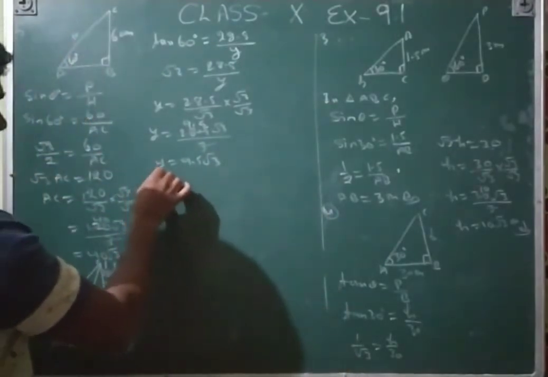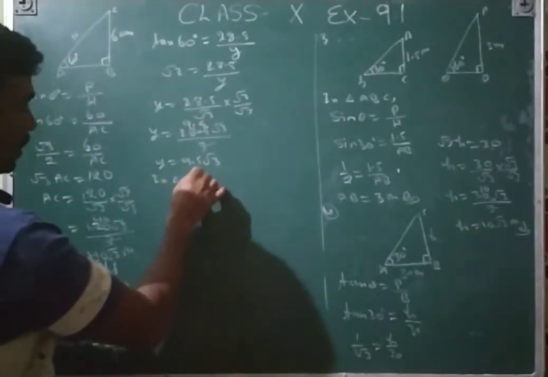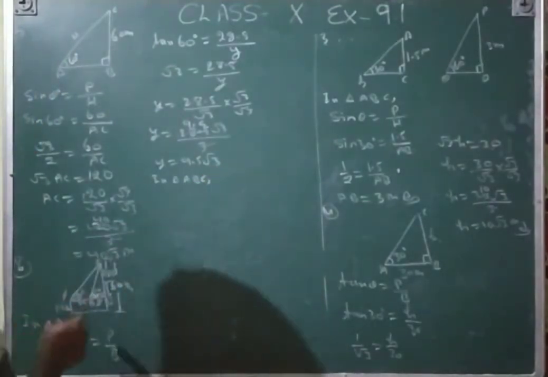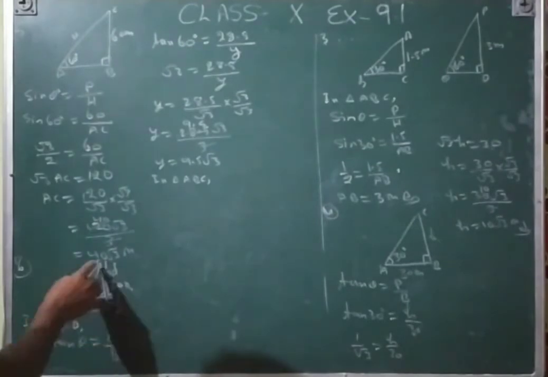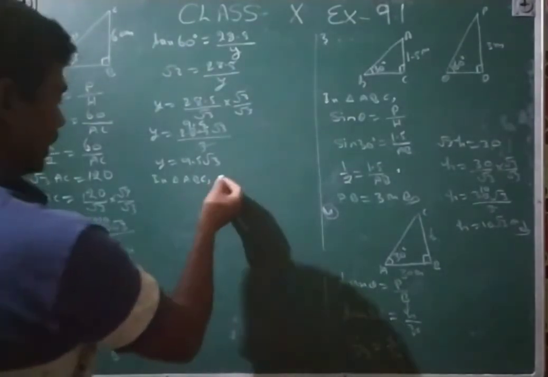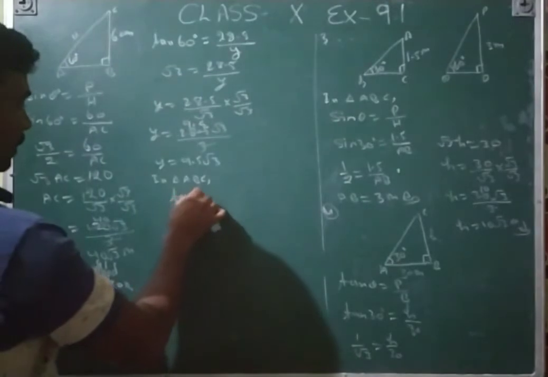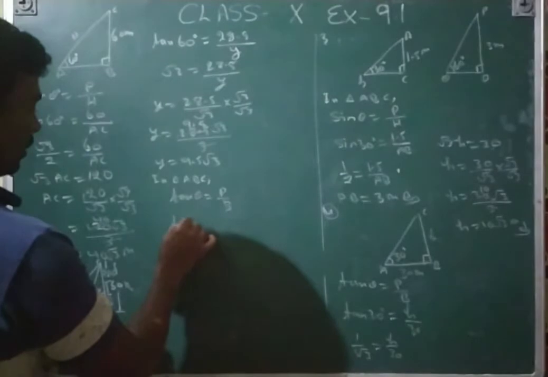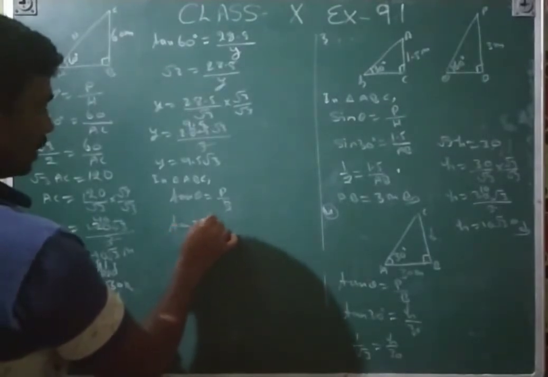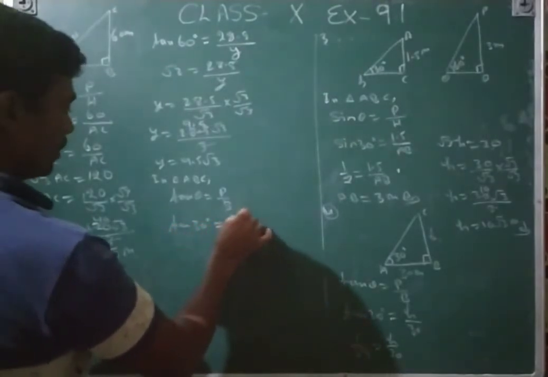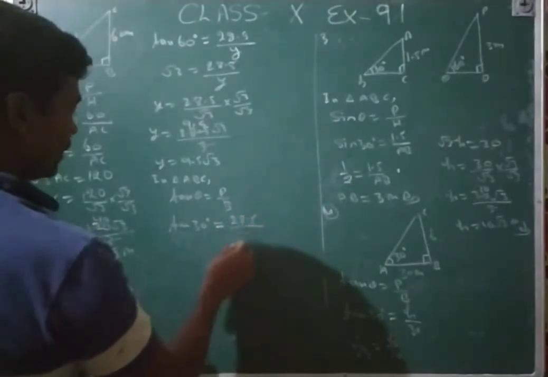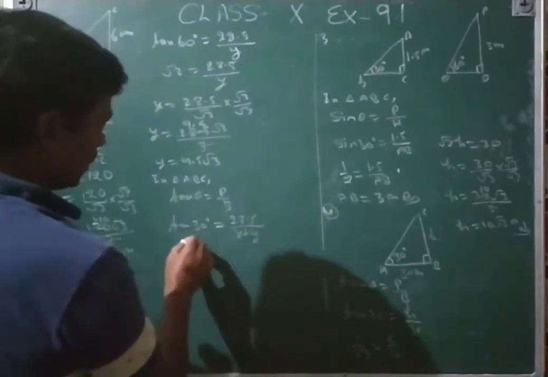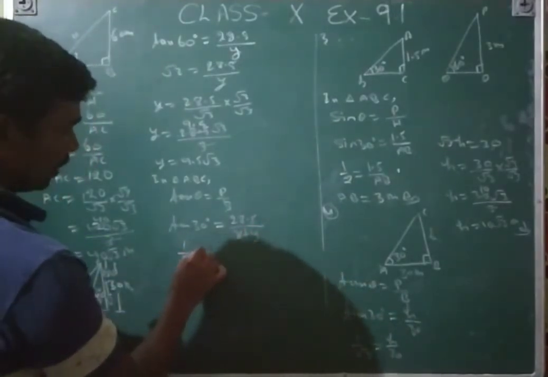Now in triangle ABC, this one triangle, again tan theta is equal to perpendicular upon base. The tan value, tan 30, is given there. Perpendicular will be the same, upon base, which will be x plus y. So tan 30 value is 1 upon root 3, which is equal to